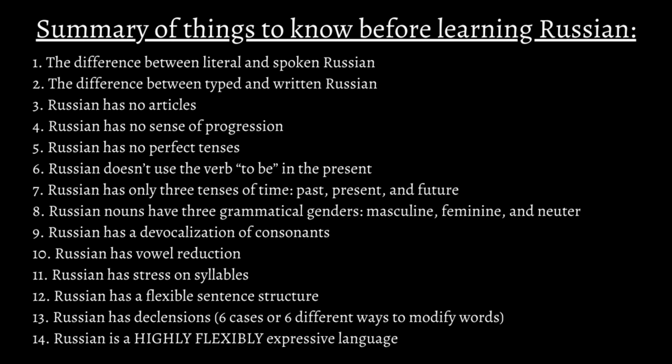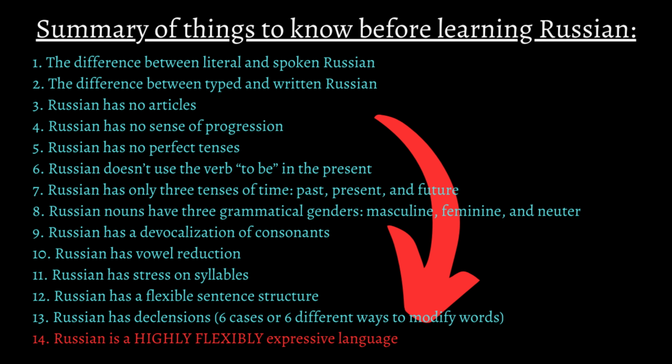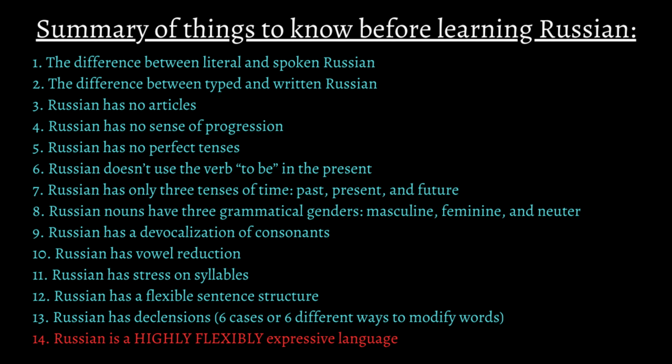Just to recap on the things to know before learning Russian, every single point that I made throughout the video can be related to the last one because Russian is a highly expressive language. It is no wonder that there is a big difference between literal and spoken Russian, because when you speak Russian, you can express yourself in any way which doesn't exist in other languages. It is no wonder that Russian doesn't have articles, progressive, and perfect tenses because it doesn't need any additional words